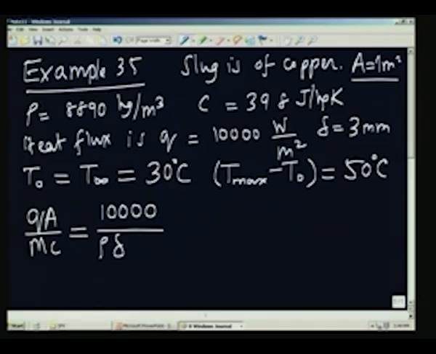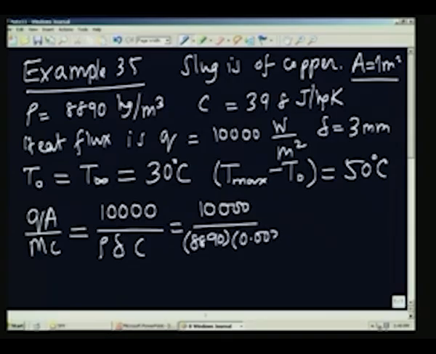That is why we do not require the A in this problem. So, this is what happens. 10,000 divided by rho is 8890 multiplied by 0.003 multiplied by 398 for the value of C, and this comes out to be 0.942, and the units is degrees Celsius per second. Degree Celsius per second is the unit of this quantity, and KL by MC